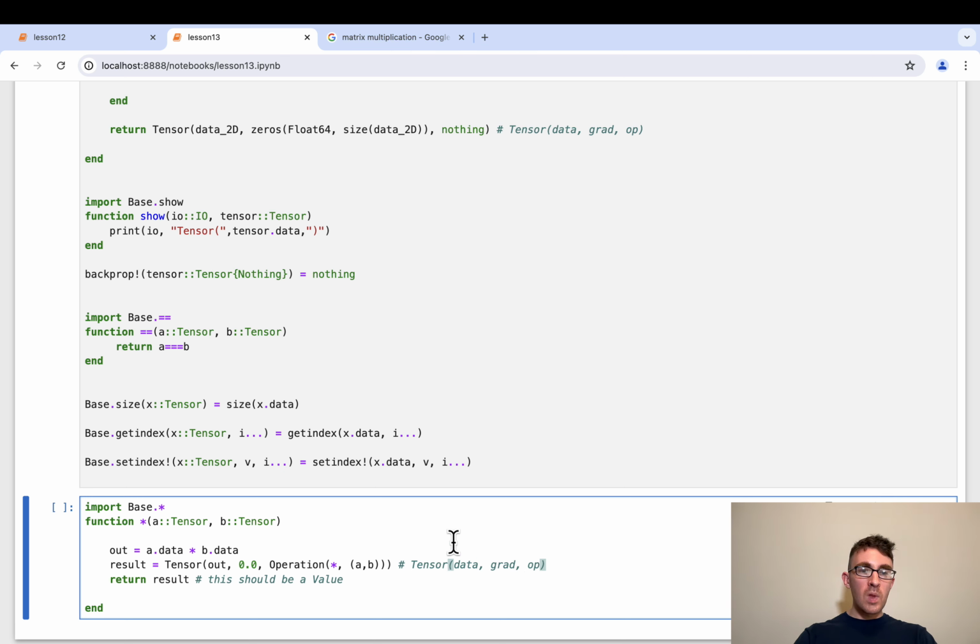Okay, so the data is going to be the same. This will just be out, which we just calculated here. Remember, this out is a matrix at this point because we just multiplied two matrices, and Julia just did the matrix multiplication for us. The operation is still the same because it's still multiplication, and then we're storing the operands A and B that went into this operation. The only thing we need to change here is we need to make this grad, rather than just